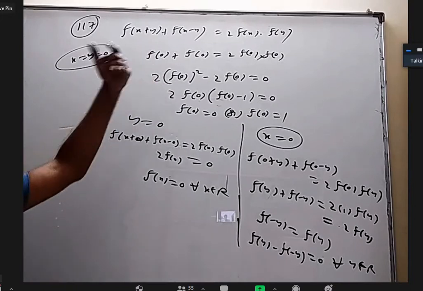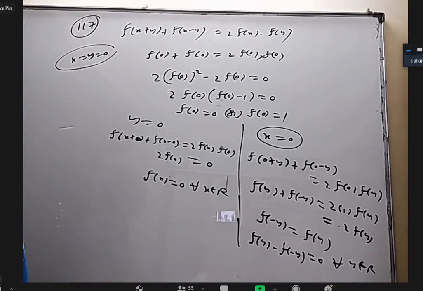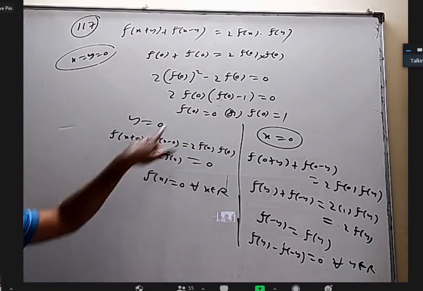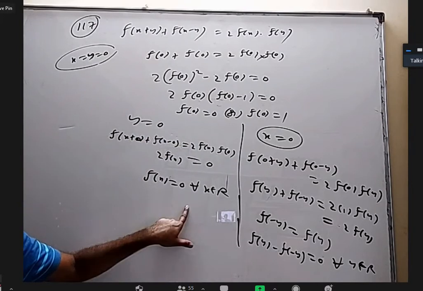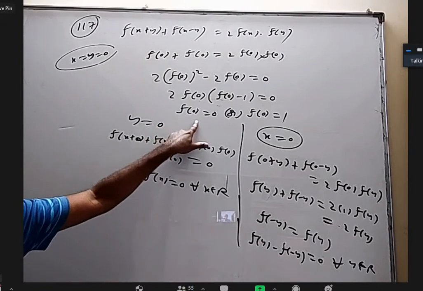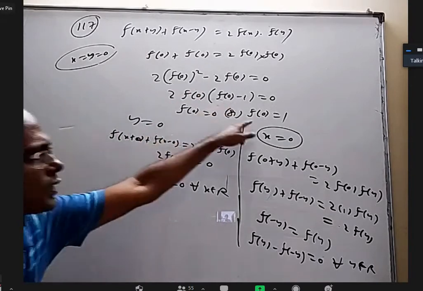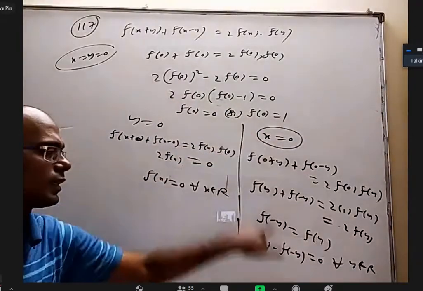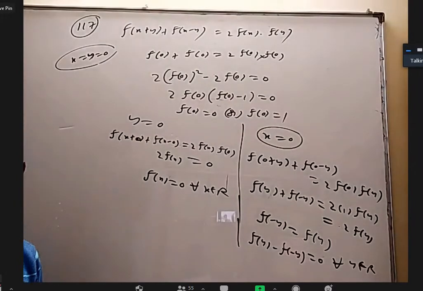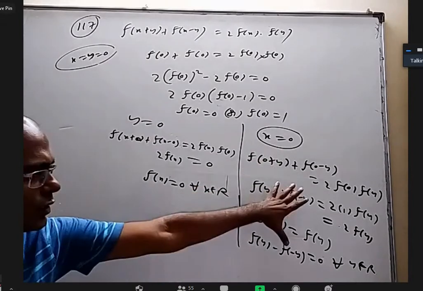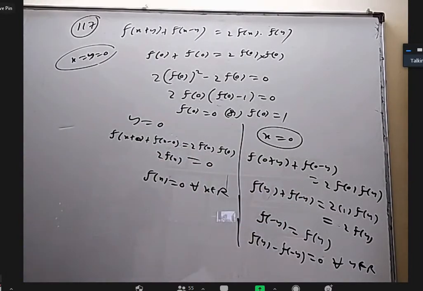The given statement is true for all x and y. You can put y equal to 5, y equal to 7, y equal to 1. Just experimenting, I substituted y equal to 0. Our case is f of 0 equal to 0. In that case, f of x must be 0 always. But in the question, they said don't take this. If f of 0 is not 0, the only option that is left is f of 0 must be 1. In that case, f must be even. So our question is related to this case, not this one. They asked f of 10 minus f of minus 10. We already proved f is even, so it is 0.